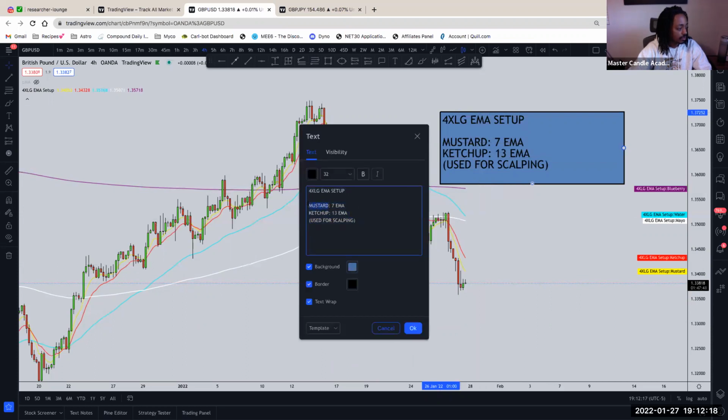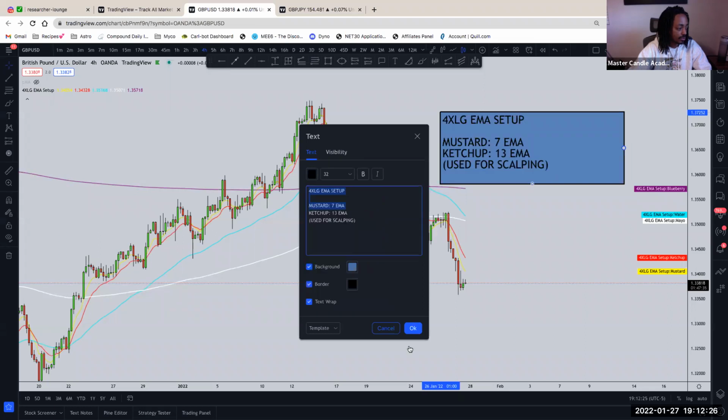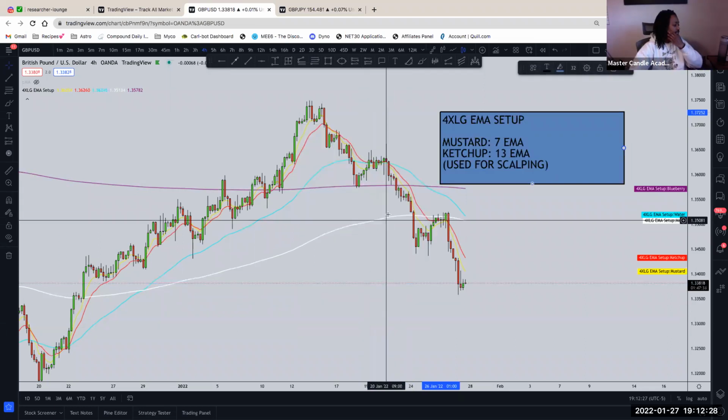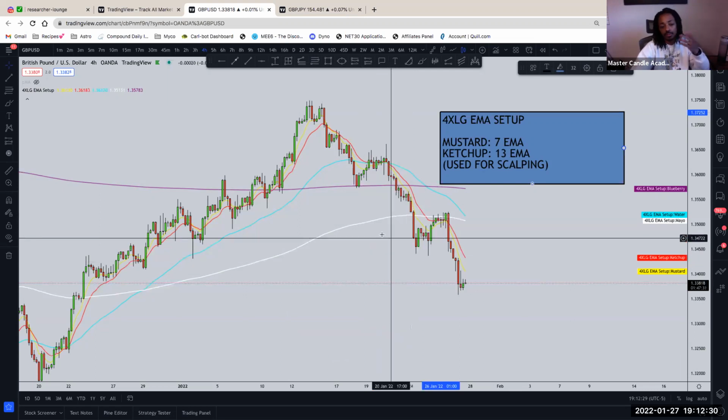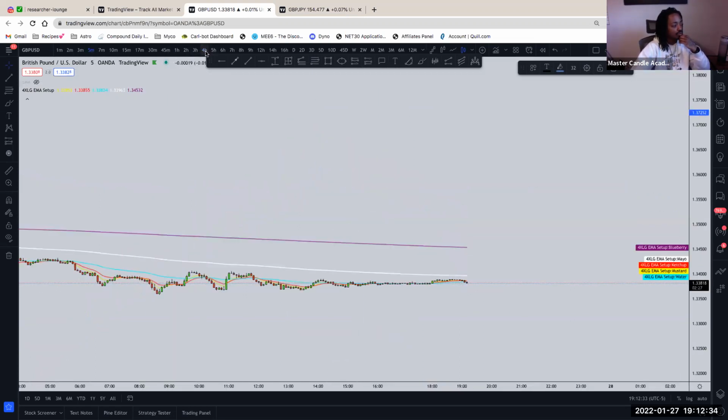I make this yellow. That'd be so cool. Oh, but it would be all of it. All right, that's too much work. I wanted to do that, really make it stick. Right, ketchup and mustard are used for scalping. So what that means,